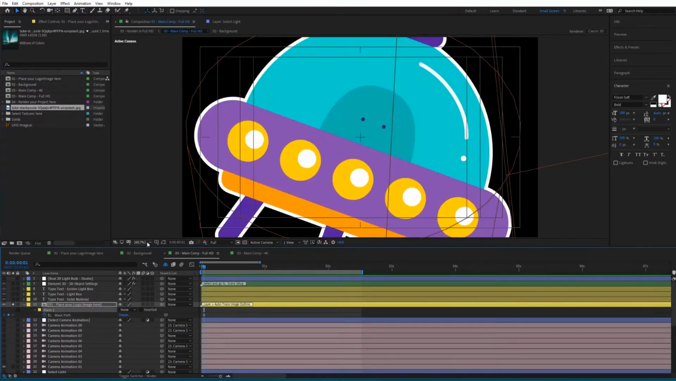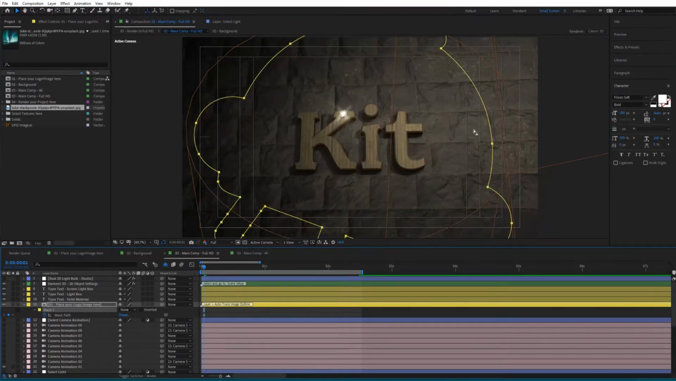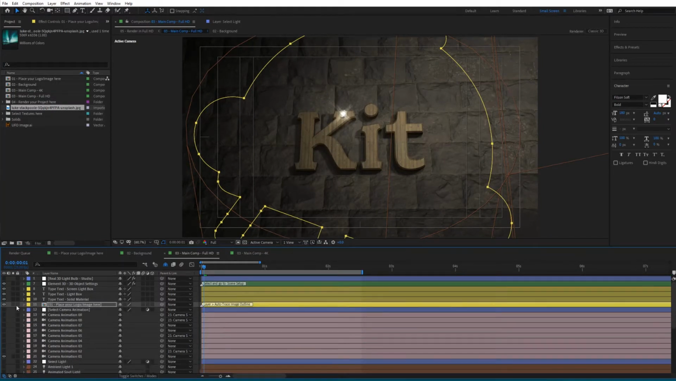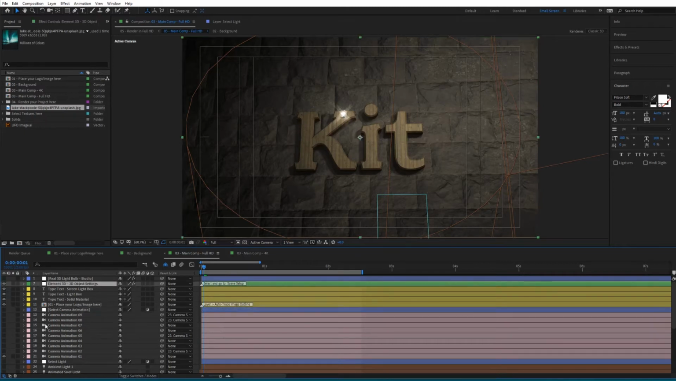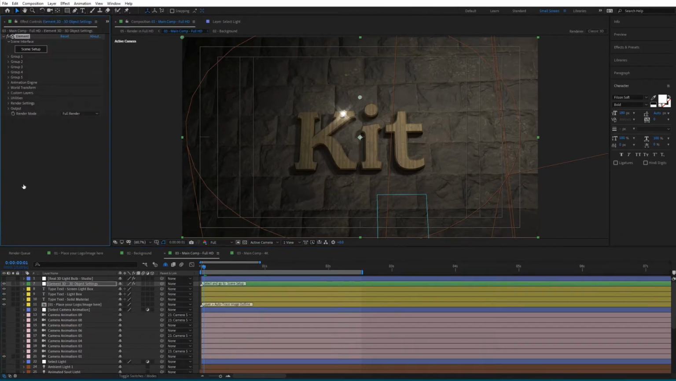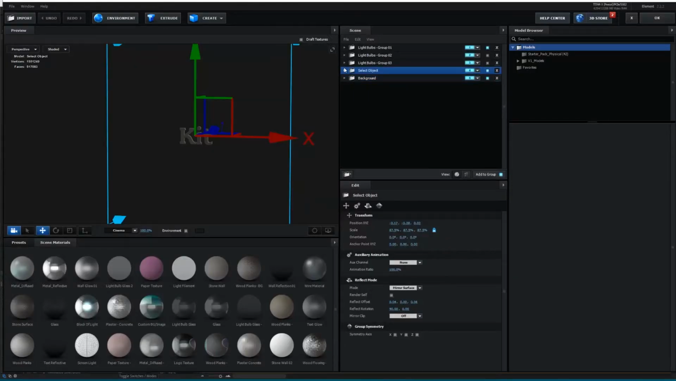So maybe we can see this. To see this, you will need to click this button here. So you can see that you have the mask done with our logo. So with that done, now we can go to the Element 3D object settings. Right now we have this material switched on for the text, so we will need to switch that to the correct one. Go to Scene Setup, go to Select Object, open that up,